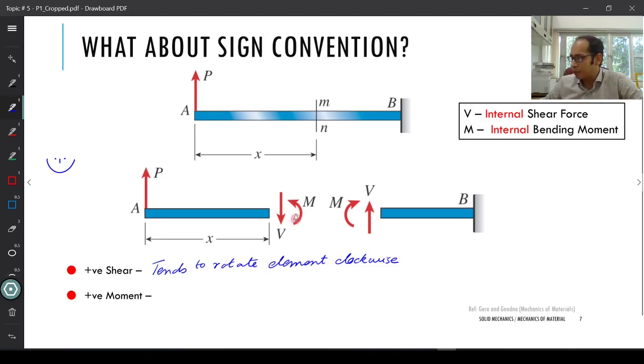So this bending moment over here tries to turn my beam into a trough, or it causes a sagging kind of phenomenon. Similarly, this bending moment over here, the equal and opposite one which is acting, also tries to convert your beam into a trough. So in this particular case also, I'm having a sagging kind of moment over here. So a positive moment is the one which tends to